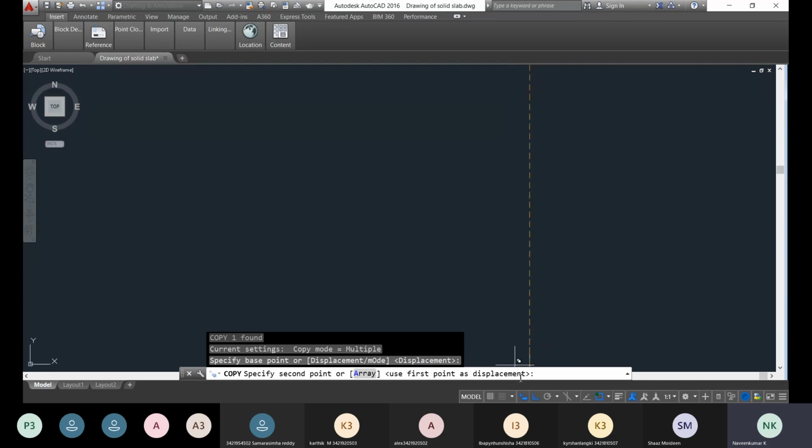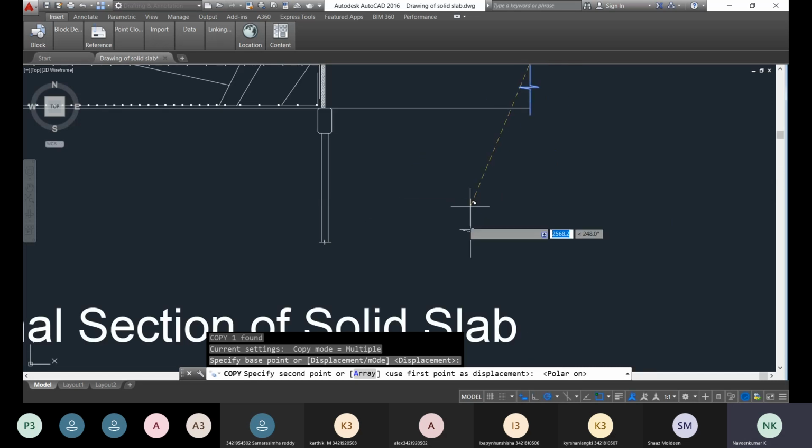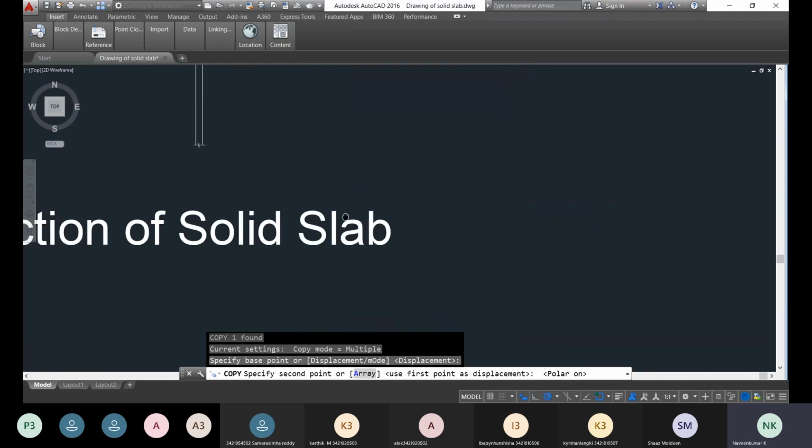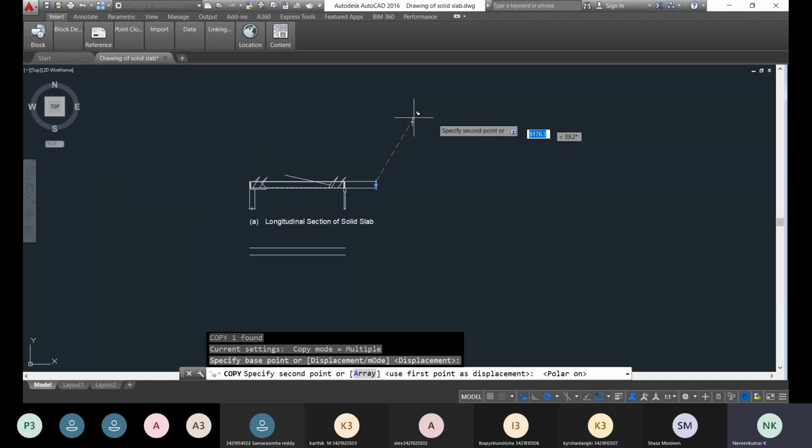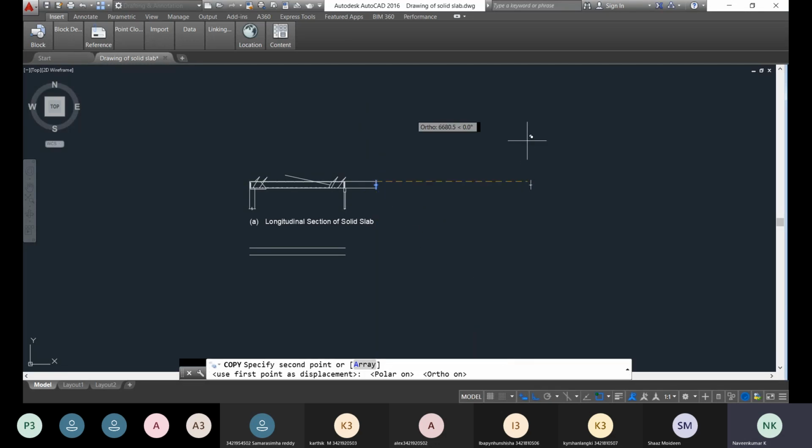You have the ortho command also, so that you can copy this particular object in any direction. If the ortho command is off, the direction is not restricted; it can be moved in any direction. But if it is on, it can be moved along multiples of 90 degrees only. It is at 0 degrees initially, after that it goes to 90, 180 and 360.